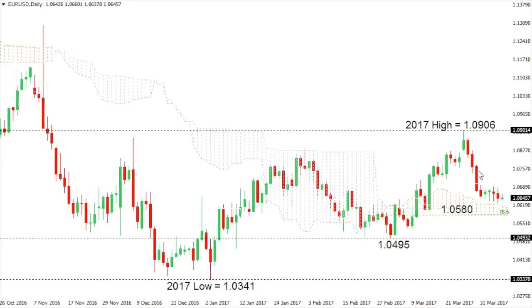Eurodollar. The market right now is trying to figure out whether the euro is in the process of resuming a broader downtrend or if we're looking for a higher low now ahead of a resumption of a recent up move that resulted in a 2017 high at 109.06 after the market took out some key inverse head and shoulders neckline resistance around 108.75. So we have to pay attention to some key levels over the coming sessions to help determine